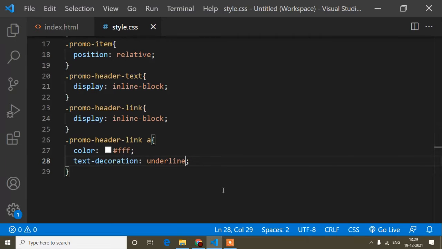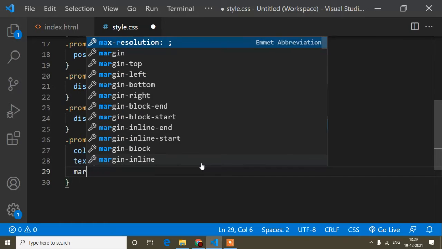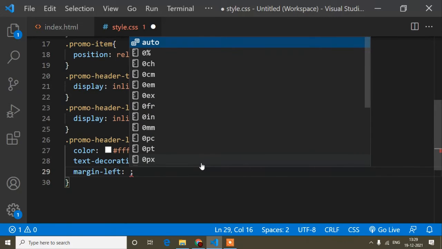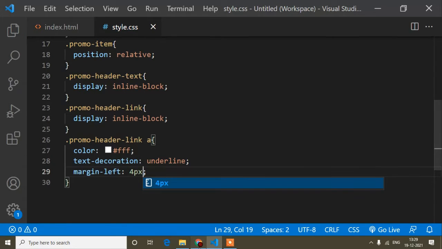That means inside this anchor tag, by default it's an underline, but by CSS I have added the underline also. And between this text and the anchor tag I have to add some space. So what I will do, I will write here margin left is 4 pixels. So you will find a space will be added, you can see.